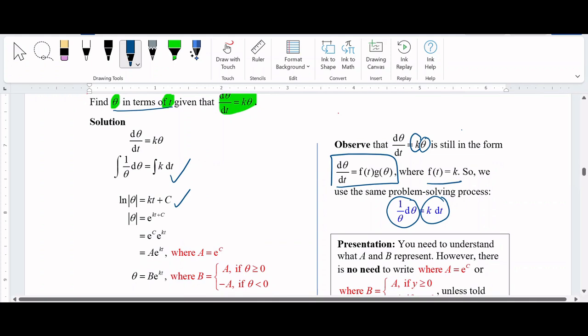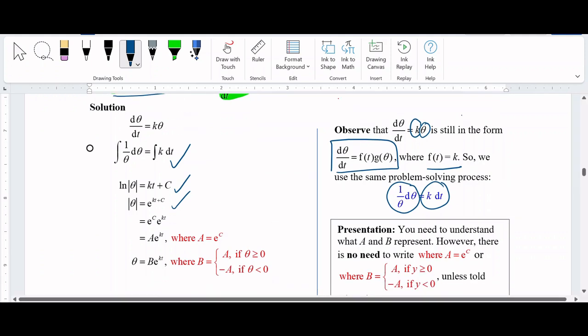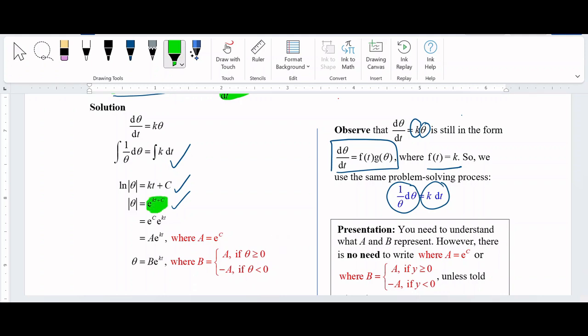Alright, so we'll change the form from a logarithmic form to an index form. Okay, but again, we cannot just stop here because we need to drop the modulus. If not, it is not considered simplified. Okay, and the next few steps are very, very important, so make sure you write down any notes that you have to. Now, in order to drop the modulus, first let me split this term up, e to the power of kt plus c,